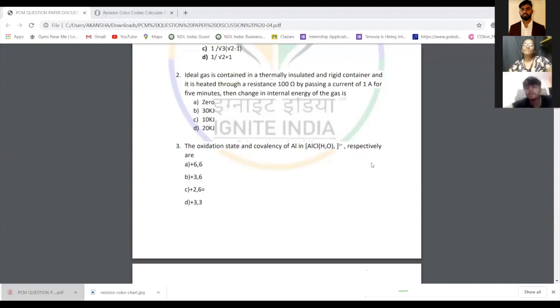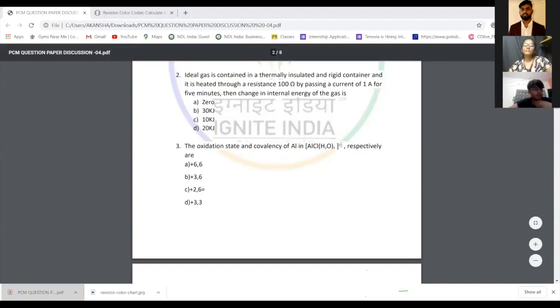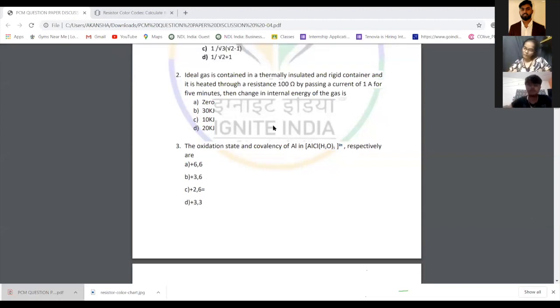Okay, so this question is basically a complex ion and the final resultant charge is given to you on the top of it, which is +2. So you have to separately write an equation, as you don't know the charge for Al. So suppose this is X. Other charges you have to consider and write the equation and put it equal to +2. That will give you the answer for Al.